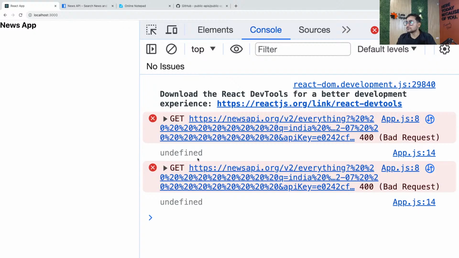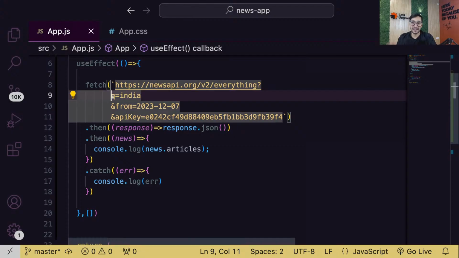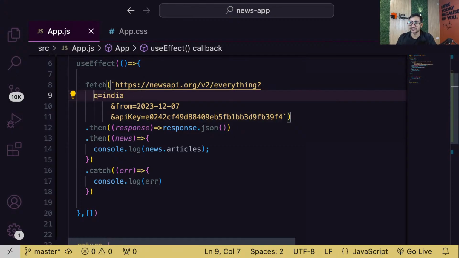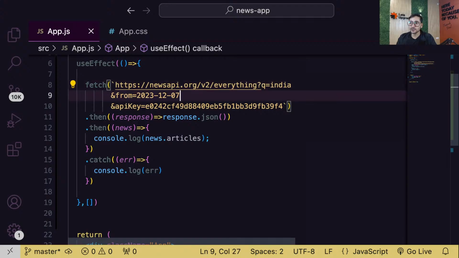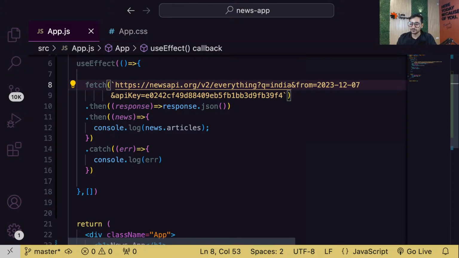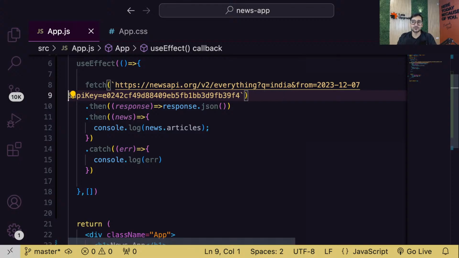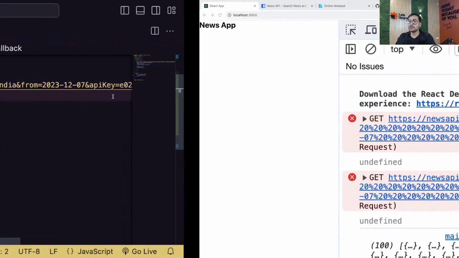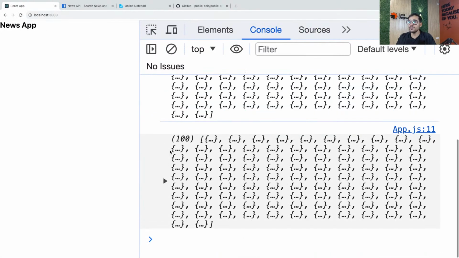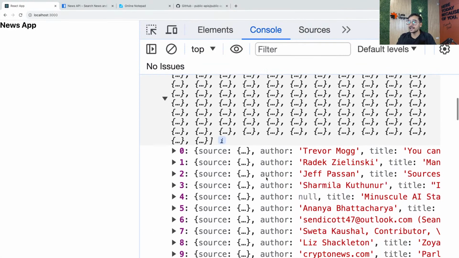And no. Oh, guys, sorry. Let me reconstruct the URL because now we got a lot of spaces here. So that's why you got that error. So guys, I hope you understood the URL. Can I just make it normal again? Because we had a lot of spaces, that's why the URL was wrong. Okay. So guys, I know that a lot of you are beginners and you don't know what exactly is an API and how it works and what exactly is a URL, but don't worry. I'll try my best to tell you about an API as well. Okay. So now guys, hopefully it will work. And yep, guys, you got news related to India. See that everyone?